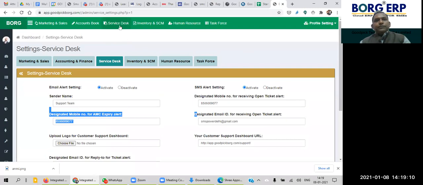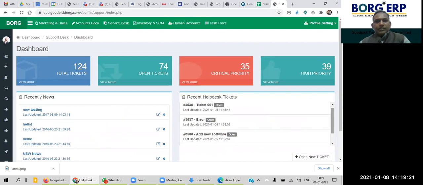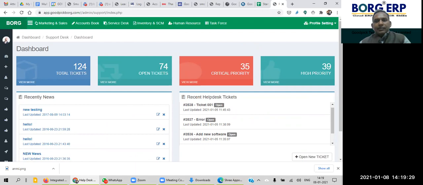Now come to the service desk. Okay, is everybody listening, or are you with me, or not able to understand anything? If you are understanding, please reply with a yes, so that I can also get some energy from you people, right? Keep sending some chats, or if you have any questions, you can put them in the chat or write them down, and we'll have the Q&A session at the end of this knowledge transfer. Then we can discuss.